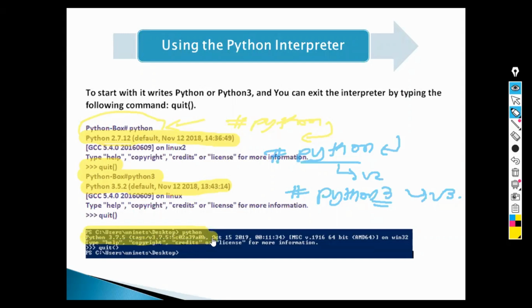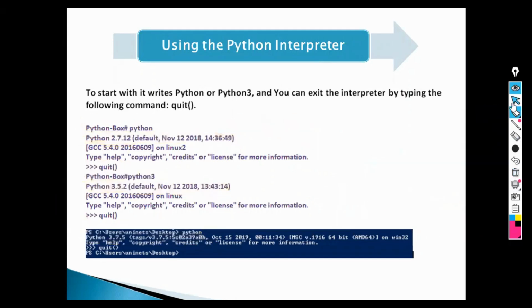You can see the version differs from the previous one and from the Linux one. That version again differs based on what version you have downloaded, but that doesn't differ much. It depends on what version you are running, but all of these versions will automate your network.